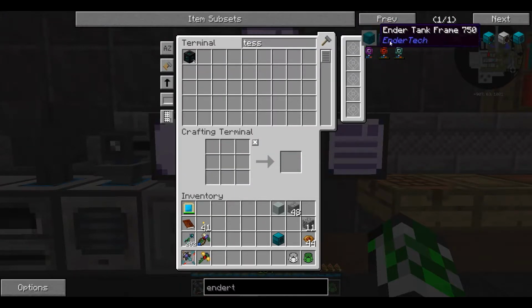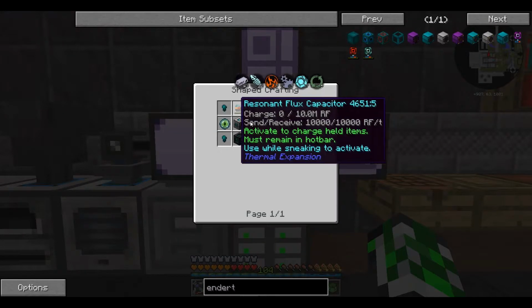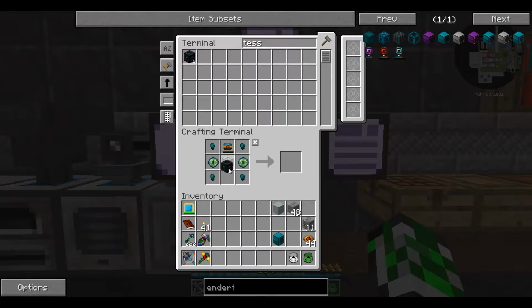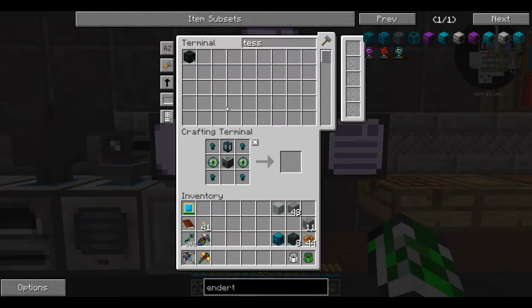So, I'm also going to need to make these Ender Tank energy inputs. And this is what powers your tank. I'm pretty sure these tanks require power. And then we're going to need a couple of these guys. These are just the tank valves. I can only make 8. If I could only make 2, I would, but...